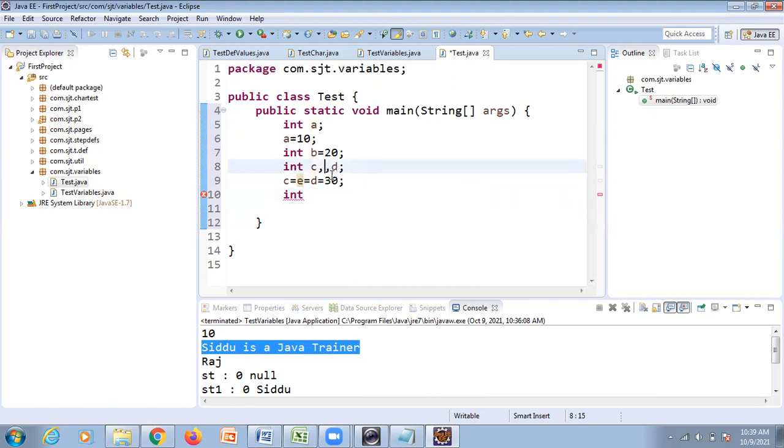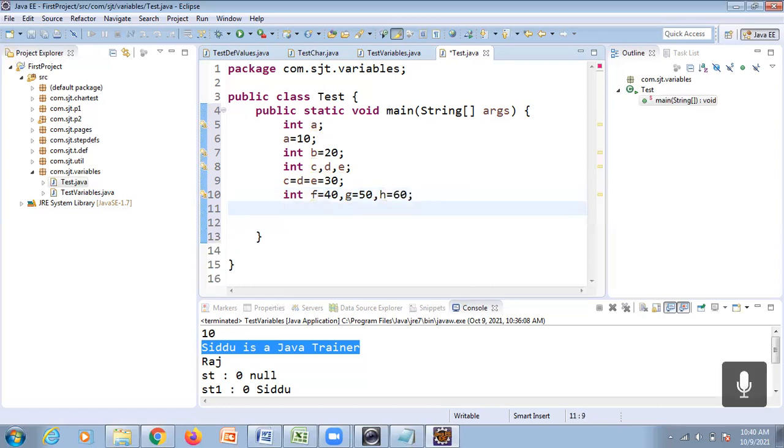See here. Let us follow the same convention. Like b, this we will change it to e. Then f is equal to 40, comma g is equal to 50, h is equal to 60.